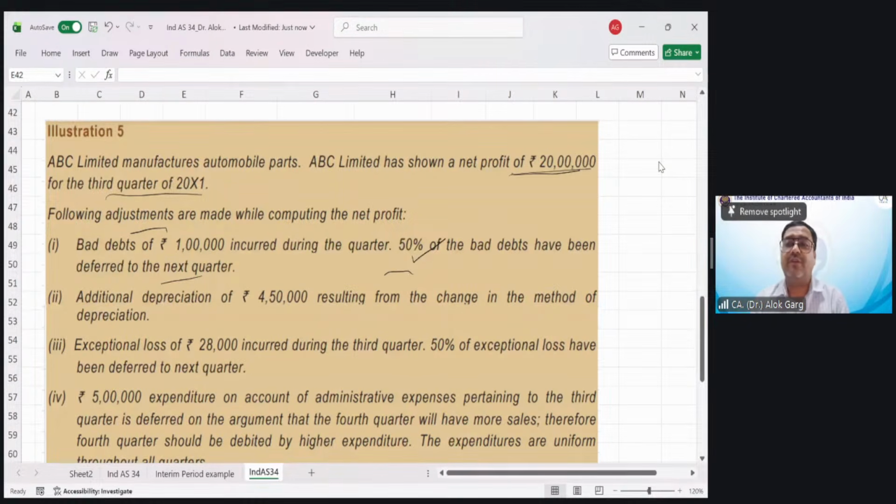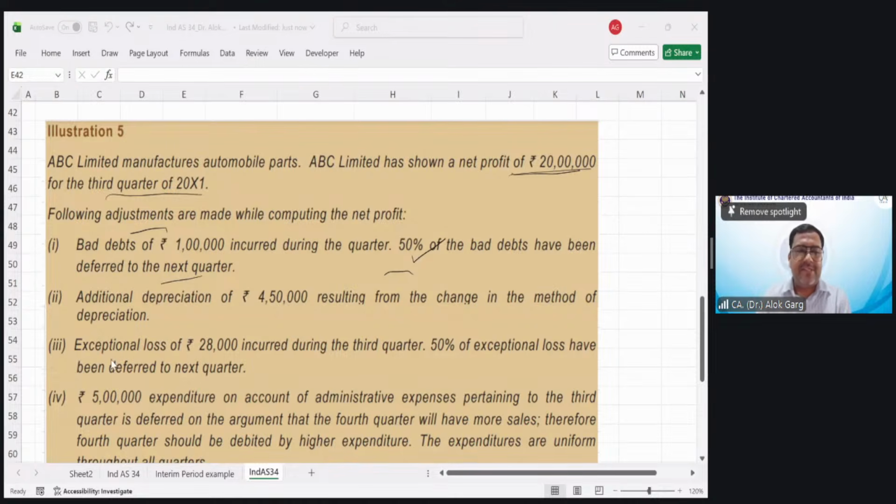Thank you so much, Manoj, for this feedback. Friends, is that right? Saminathan, this 50,000 will not be added. It has to be deducted. This is an expense. The profit is 20 lakh. So ideally 1 lakh should be deducted, but they have only deducted 50,000, right? So the question is, is it right? Answer is no. The expense or income, whichever is incurred in a period, has to be recorded in that period only, going by the accrual basis.